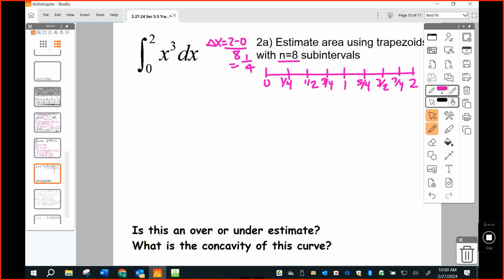There you go. If you list out all your x's, it's going to be a little bit easier when you go to plug those in. So the area using the trapezoid rule is going to equal 1/2 times 1/4 times, we only need one of the first base, so f of 0, plus we need 2 of all the middle bases. How many middle bases do I have? 1, 2, 3, 4, 5, 6, 7 middle bases, 2 end bases. You should have 9 x's for 8 trapezoids. Okay, so plus 2 times